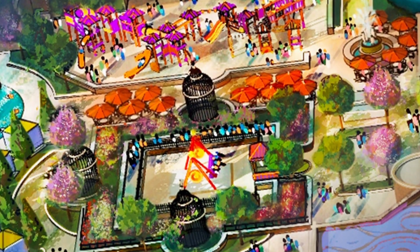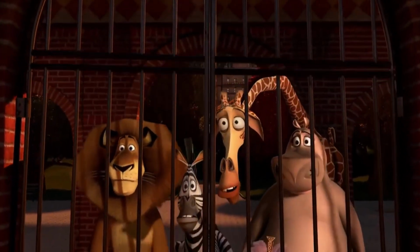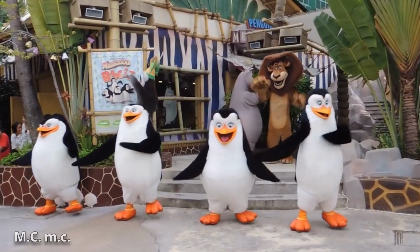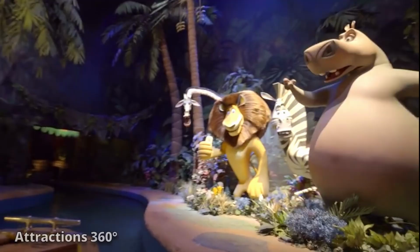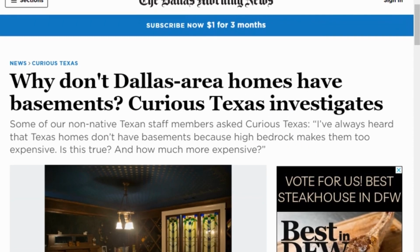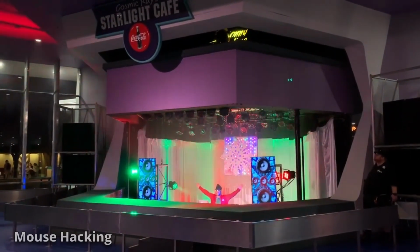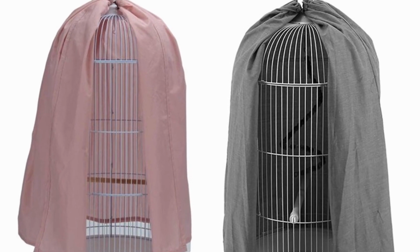Below the dining, we can see 3 cages and a large swing-style ride. It would be neat to see Alex, Marty, and Gloria in these cages protected from the vicious human children. But I'm unsure if these will be walkable costume characters that are placed in there at random, or actual animatronics that can be left out all day long no matter how hot or cold it may be. Below ground-level building structures are rare in this part of Texas, but they could get away with having them lower into the ground at night or during storms, and covering the cages at night or if a suspected storm is